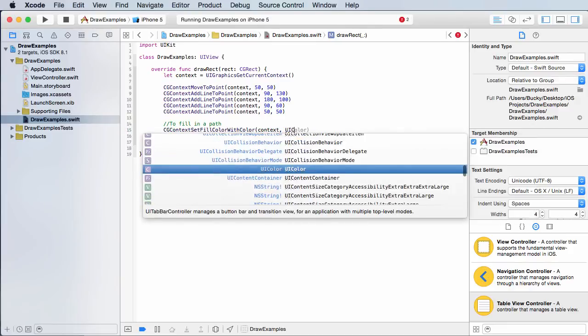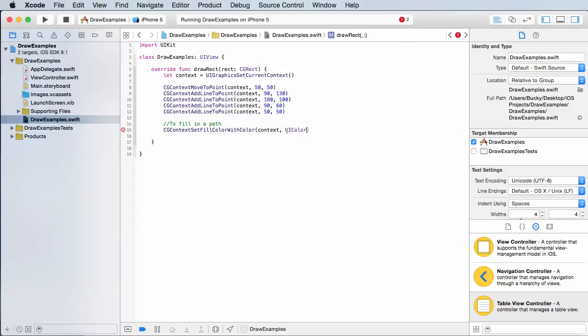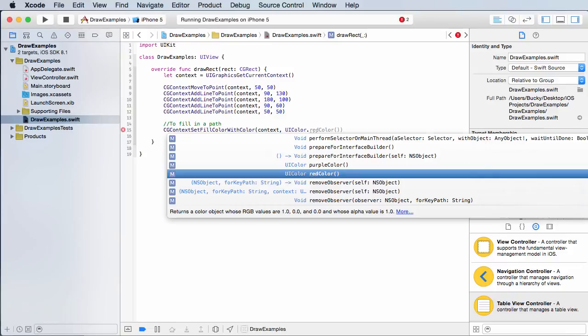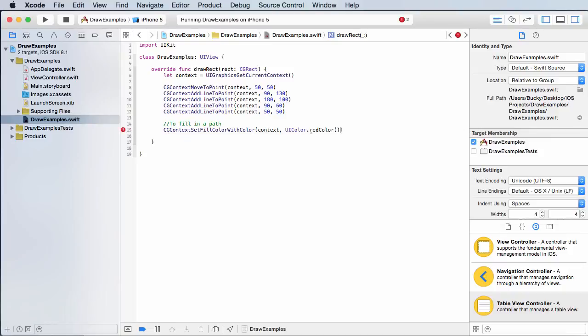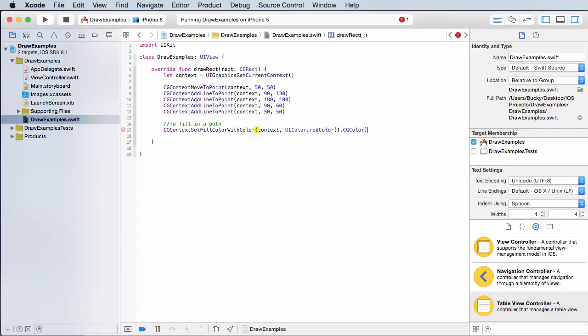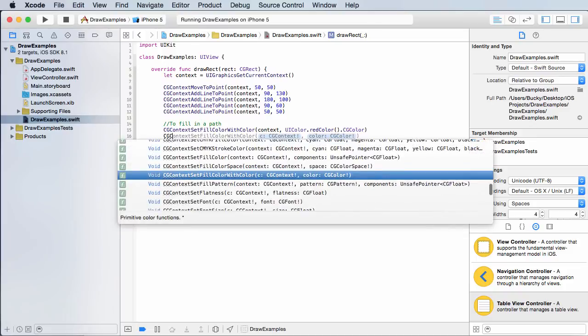I'm going to use UIColor dot, what did we use before? Red, or we used purple. Let's use red for this one. We're going to fill it in with red, and of course, to make sure it's a color object that doesn't give us any errors, we need to end with CGColor. Now the last thing is, remember before, whenever we created a stroke path, what we want to do here is create CG